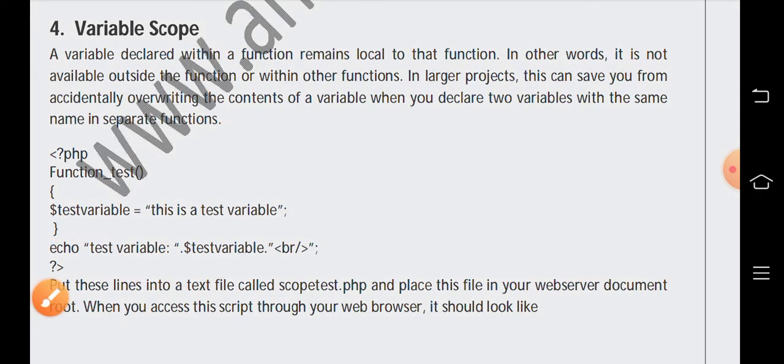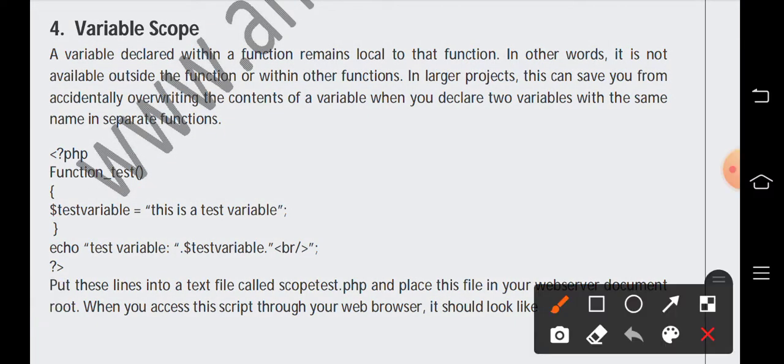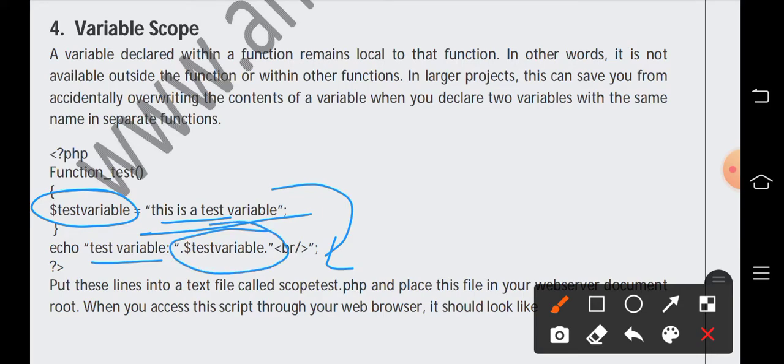Okay. Then in this example, we have one variable, the test variable. What is the value assigned to this variable? This is a test variable. And the function has been executed, it came out. Then outside we are printing the test variable, and this value we are printing.